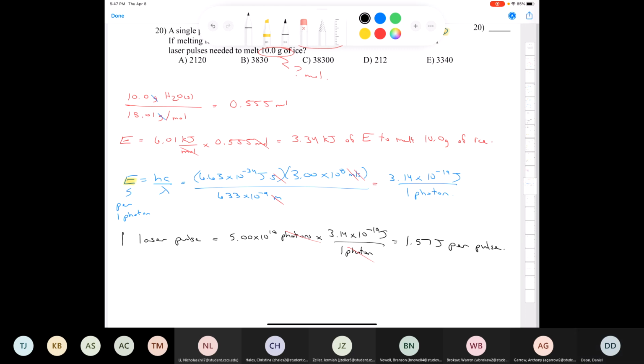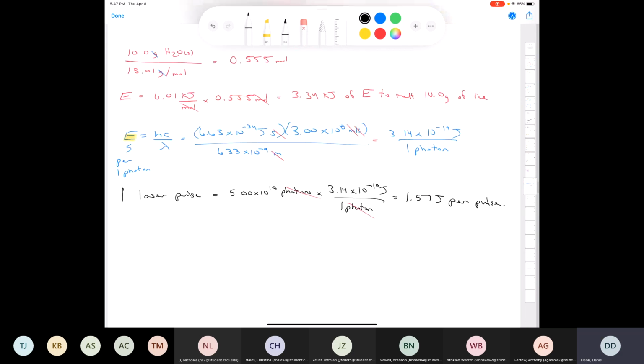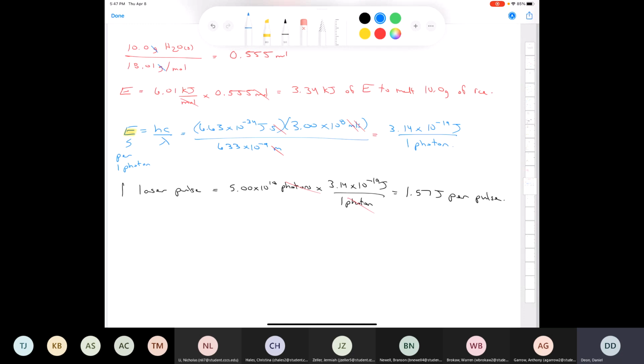Well, I know how much energy I have in one pulse, and I know the amount of energy required to melt my amount of ice. So if I want to know the number of pulses required, it's going to be equal to the amount of energy I need, 3.34 times 10 to the power of 3 joules. All I'm doing here is converting kilojoules into joules, and you know there's 1,000 joules in 1 kilojoule. And I know that I have 1.57 joules per pulse. Joules cancel, and I'm left with the number of pulses. And I ended up getting